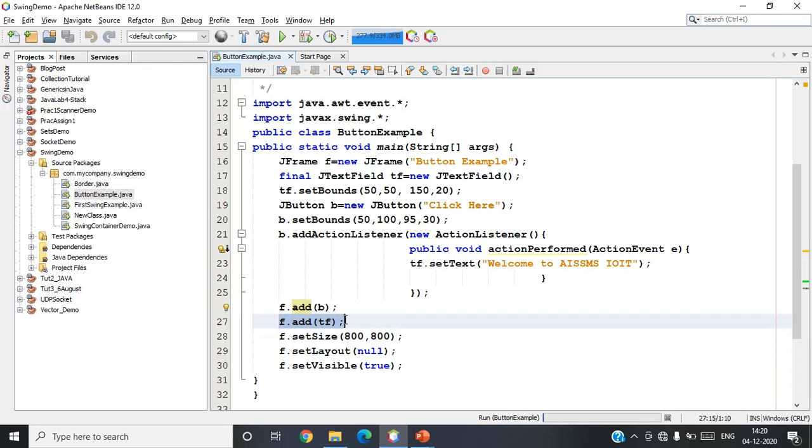Then f.add(tf) will add the text field on my frame. Now I need to set the size of my frame. Here I am setting the size to an arbitrary number, 800 by 800. So that will be the size of my frame. I have not used any layout here, so I need to set it to null. Now my frame should be visible, so the setVisible method should be passed true.